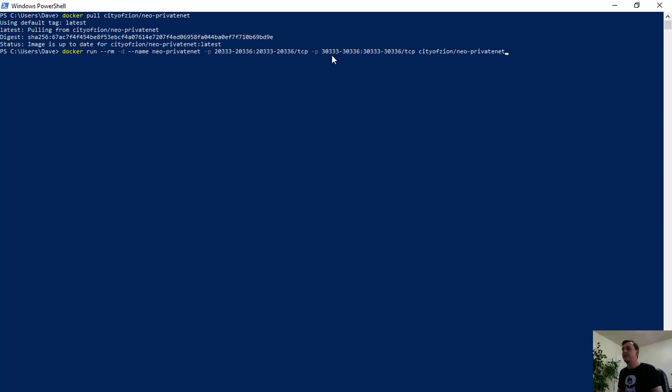And then there's also this port exposure for 333 through 336. So this should be for the RPC calls. So if you're using RPC, which the Docker image by default sets up and starts out with, and I'm going to give that a second here,